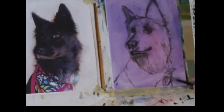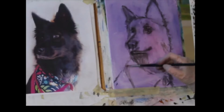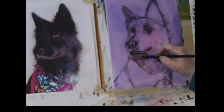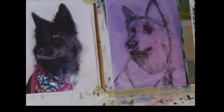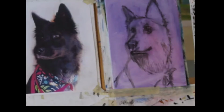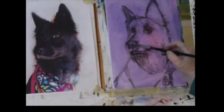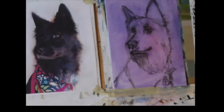And I usually do a painting at those shows too. So that's a nice way to see the process if you're thinking about getting a portrait and don't know where or how it works. This is how we do it. It's all commission based. It's oil paint, so you want to plan ahead because it does take time for oil paint to dry, and I do work in several layers, so this is the first layer. Okay, so now I've dabbed all of my areas